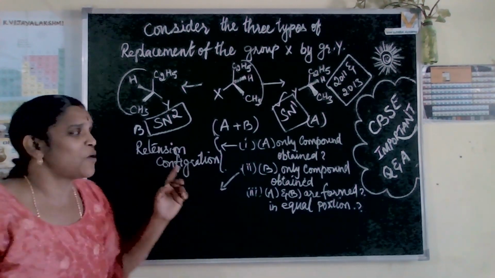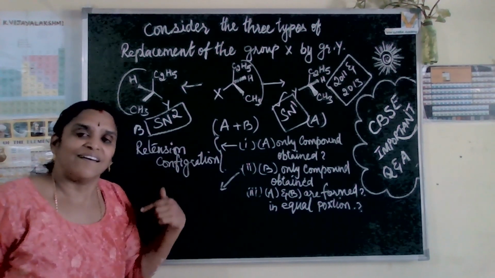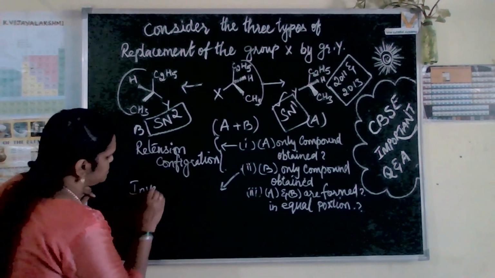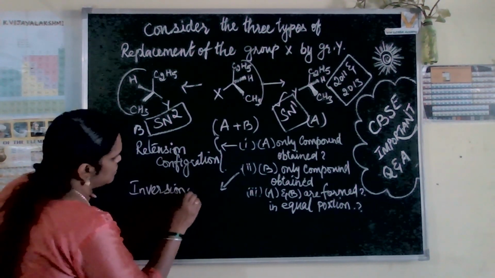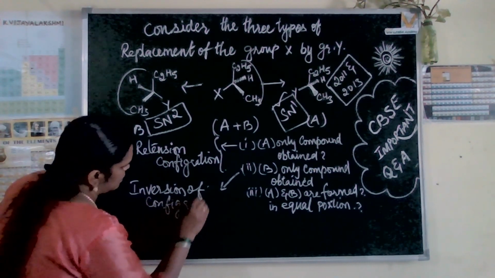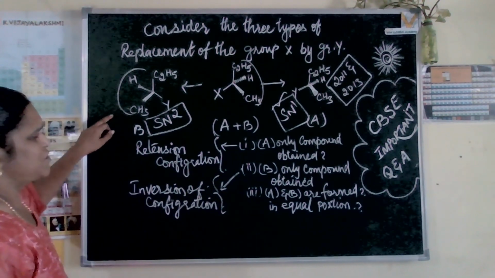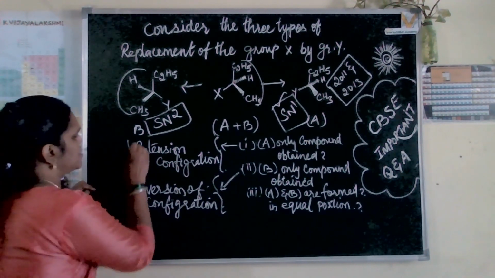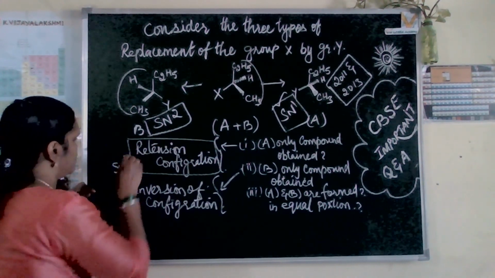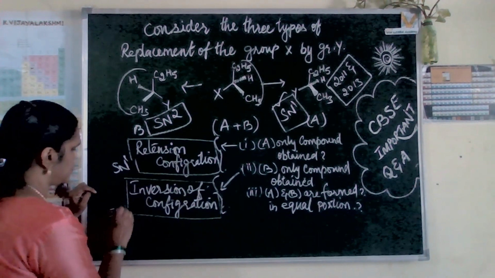So that is called inversion of configuration or Walden inversion. Hope you are clear with it. Now next one. Retention configuration takes place in the SN1 reaction, and inversion of configuration takes place in the SN2